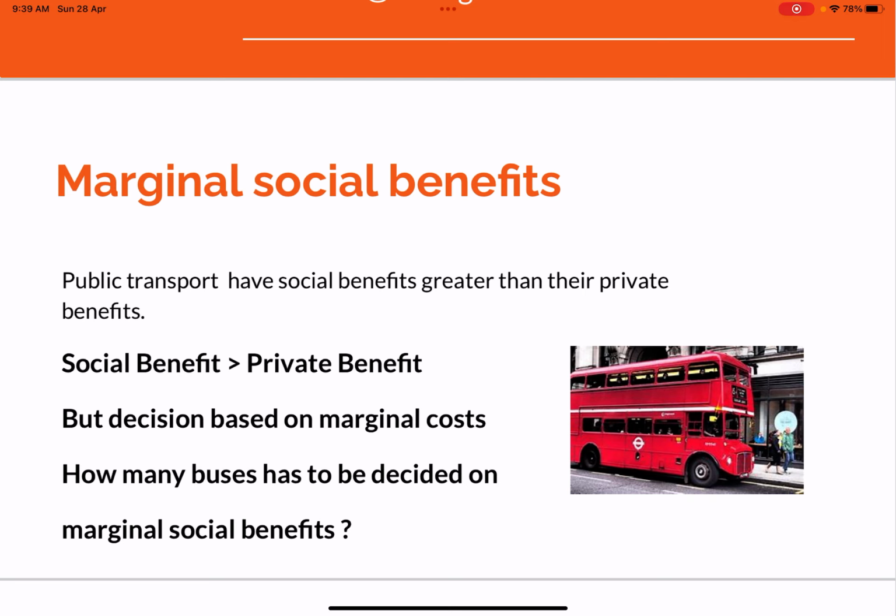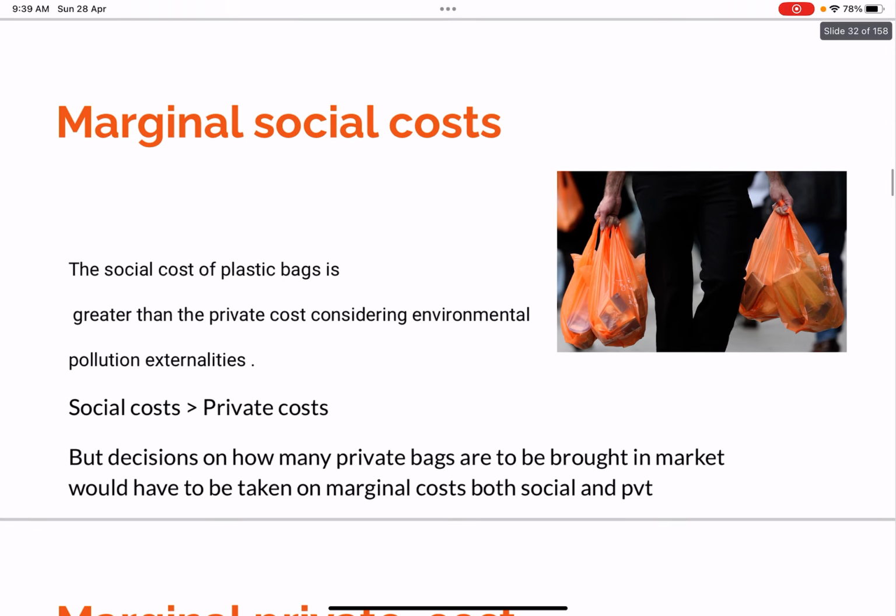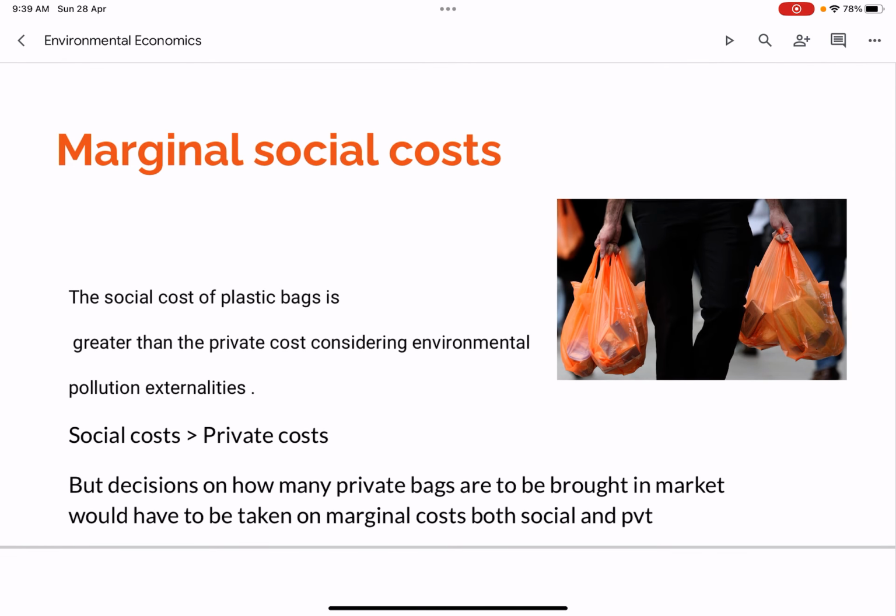However, when it comes to economics, we need to talk about cash, we need to talk about the investment. So, if there is a government and the government has to decide on the number of buses the government should procure, because public transport means the buses are purchased by the government, this decision has to be based on what is known as the marginal social benefits and the marginal social costs, right? Similarly, we talked about a negative externality in the form of plastic bags being circulated in the